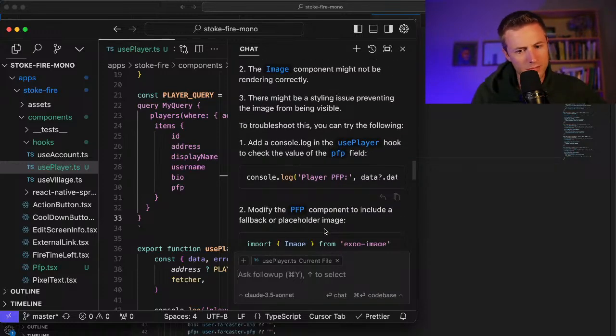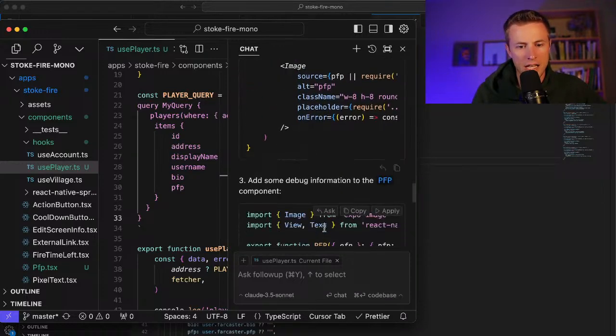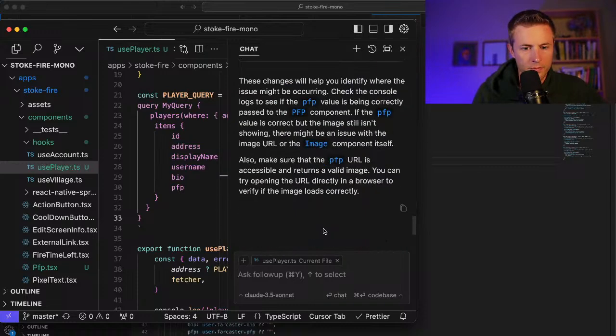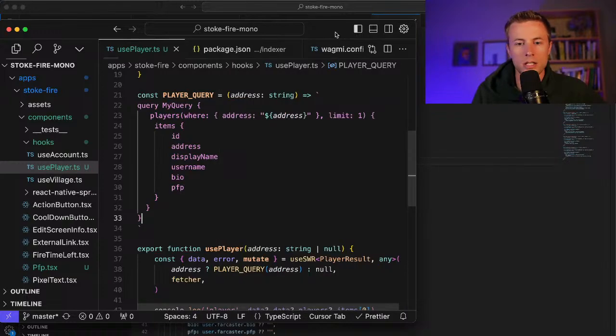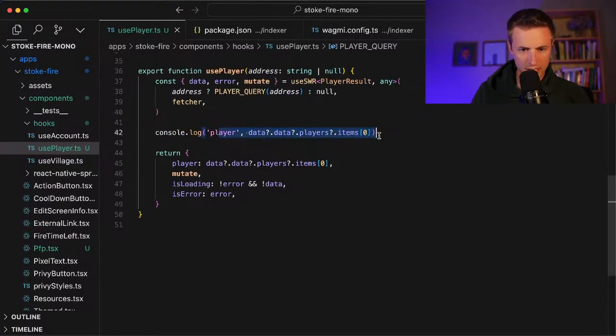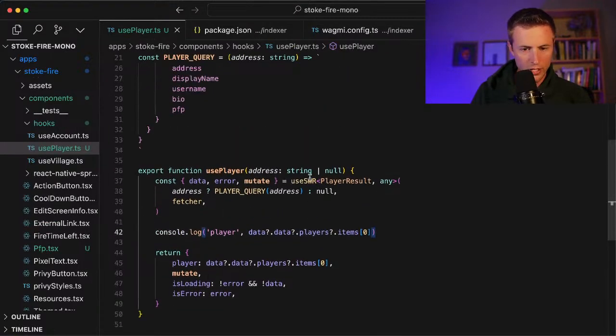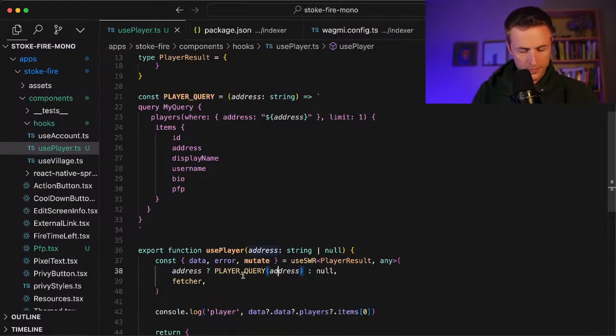Man, it doesn't seem to be helping me very much. Because you're wrong. It's not in the PFP component. It's undefined. So, not that helpful. You were wrong. We kind of know that it's right here. Something right here is not working. We know that. But apparently it does not know that. Let me see what this query is. So if I do this,